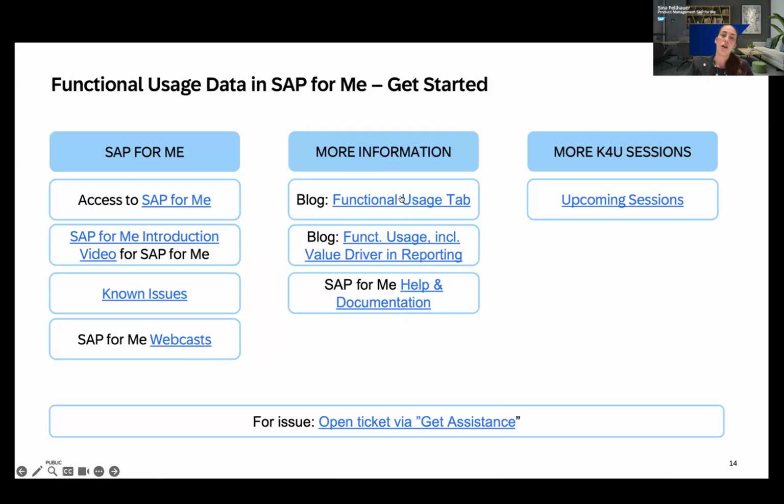And then there have been also a couple of different blog posts that we have released explaining this whole topic of functional usage data. In the background in SAP for Me, you can also always find the help documentation when you click on the Get Assistance button. And then, as mentioned before, we also have some upcoming Knowledge for You sessions where we explain the third pillar of the adoption insights, the experience data, which is very closely linked, I would say, to this topic here. And in general, I would always recommend, if you really encounter an issue within SAP for Me, we have a dedicated support team who is looking into those tickets and really supporting you